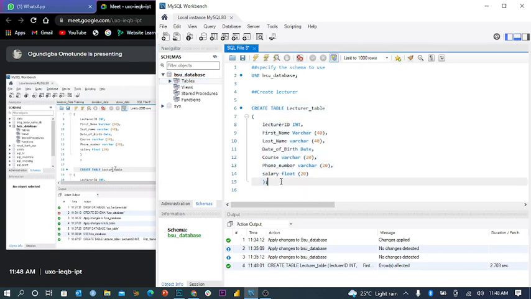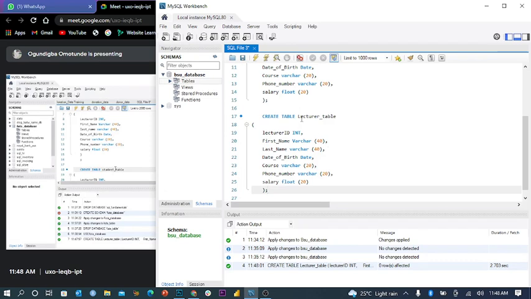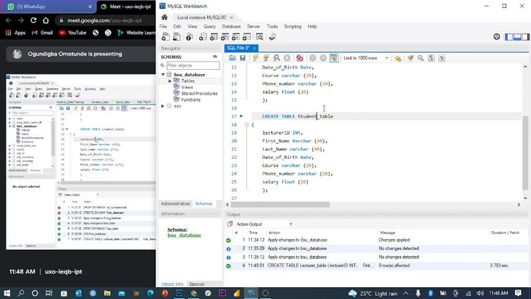So now this will be student table instead of lecturer table. Instead of using lecturer ID, I use student ID.